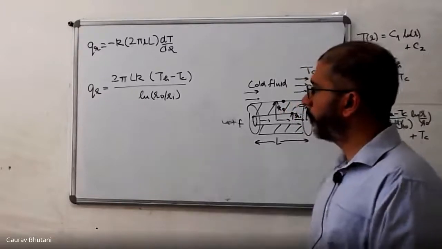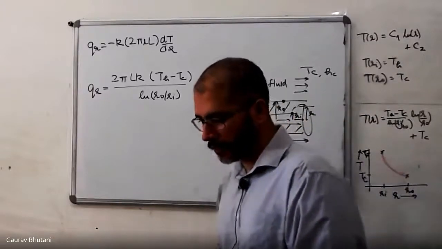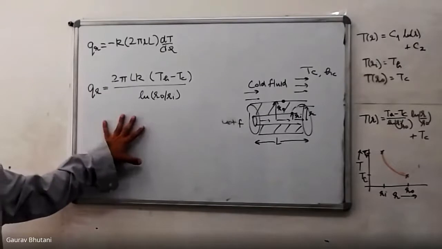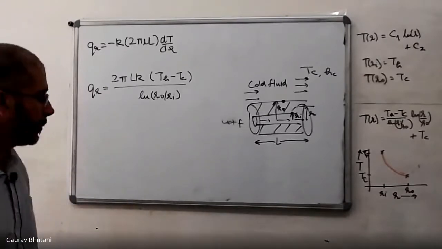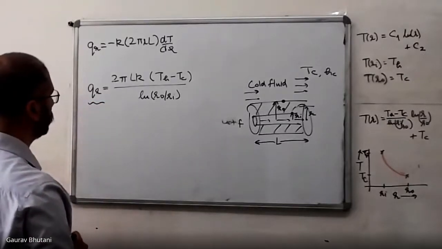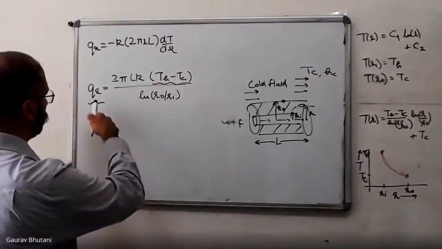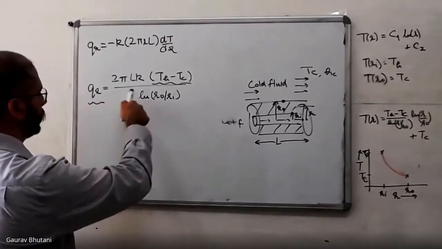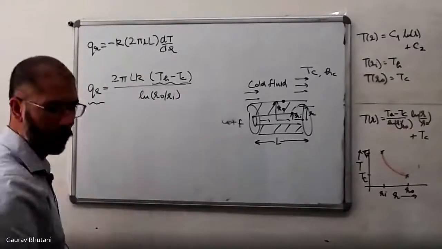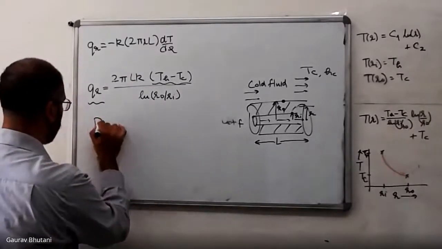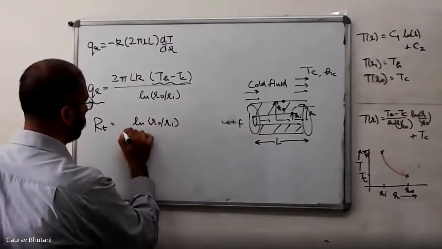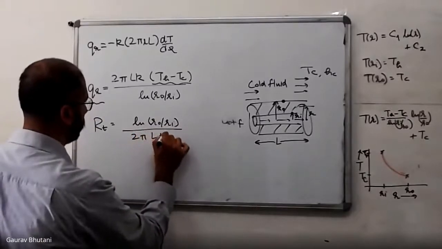What we've got is a very nice expression, because again we can get some sort of thermal resistance for this case. If you look at this equation and take an analogy with your heat current, you have the current I, which is the watts, the rate of heat flow. Then you have a potential difference V, and this whole thing is your 1 by R thermal. So we can get an R thermal as ln R naught by Ri divided by 2 pi L K.